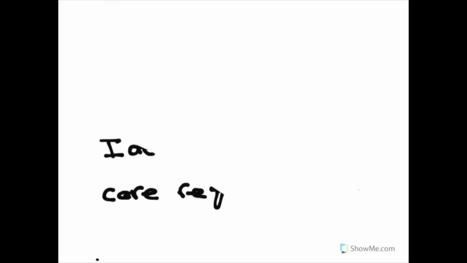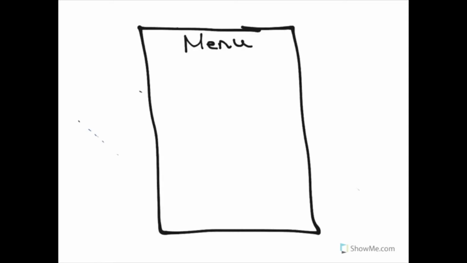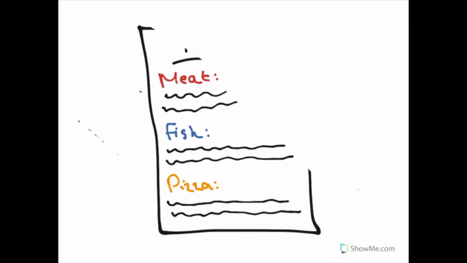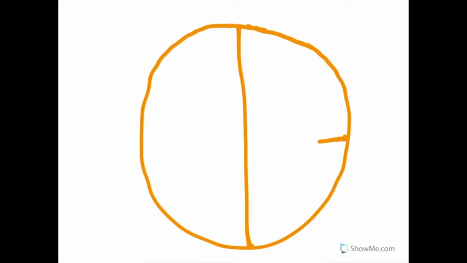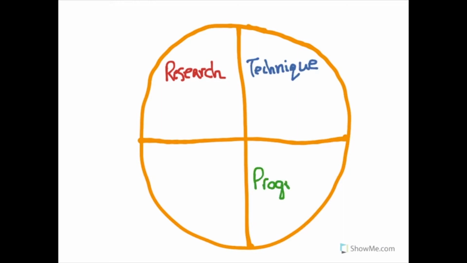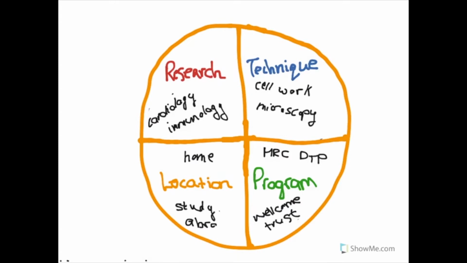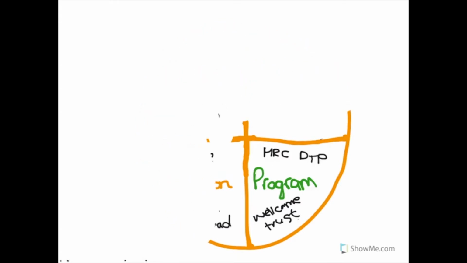So let's get started. Step 1. Identifying your core requirements. Just like selecting your order from a food menu, you need to have a rough idea on what you want your PhD to entail. Maybe you are extremely dedicated towards one area of research, or want to pursue one specific technique, or maybe you have identified several PhD programs you're interested in. Maybe more broadly, you want to be located in one specific area of the world. Whatever it may be, use these keywords as a starting point to whittle away all your options that are out there and start finding out what truly interests you.